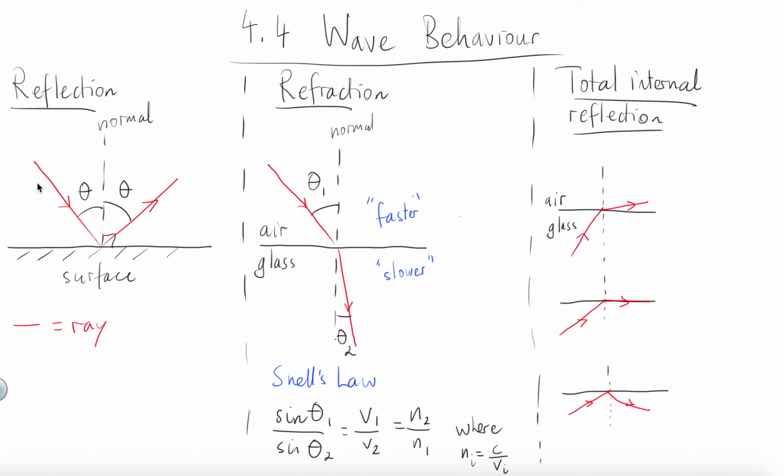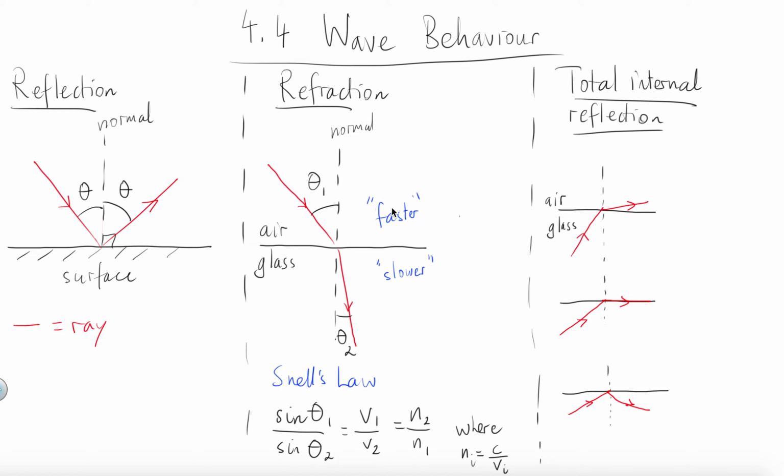Reflection is simply the fact that a ray coming into a surface will have the same angle of incidence to angle of reflection, where angle is measured relative to the normal, which is this imaginary line at 90 degrees to the surface. However, refraction is when we're going between two optically different media, for example air and glass, where the